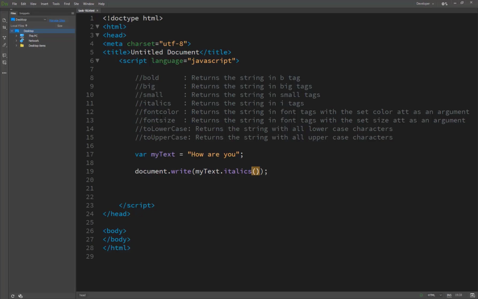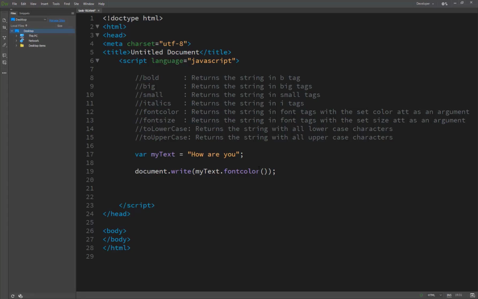But here are font color and font size, to lowercase, to uppercase. Font color returns the string in a font tag with the color set by the attribute passed as an argument. So here is a different method, basically font color.